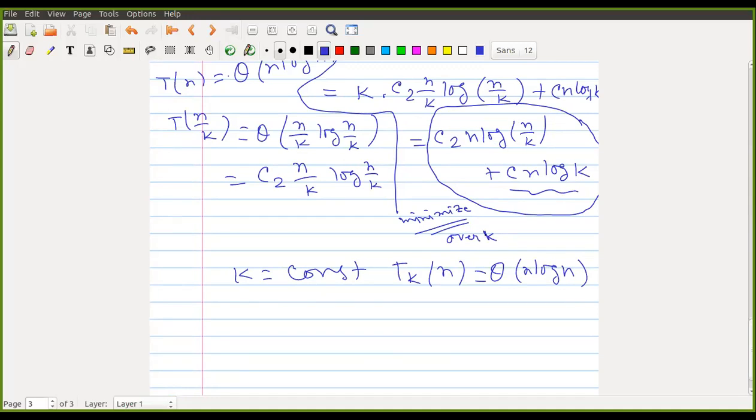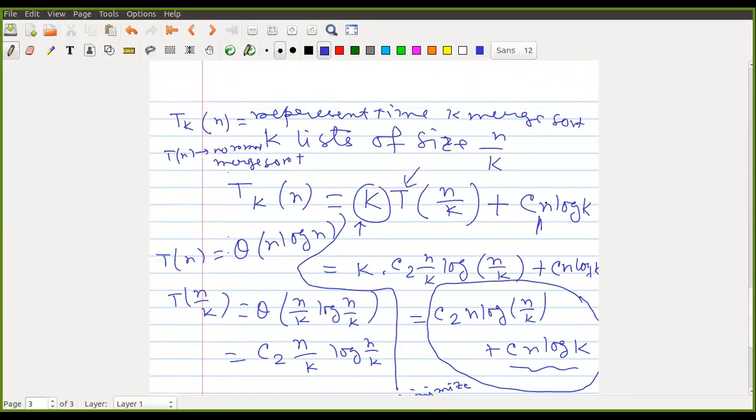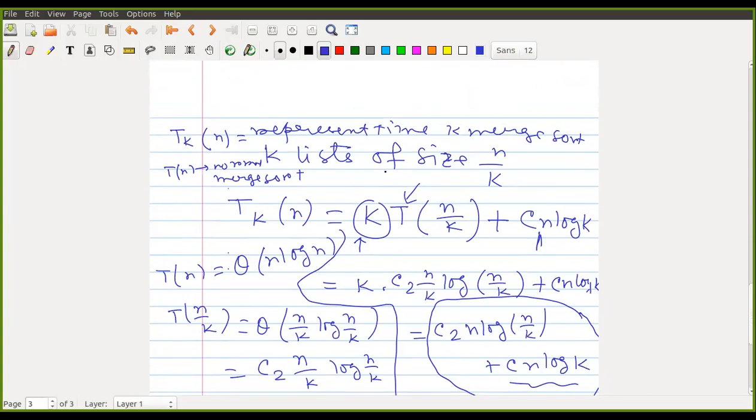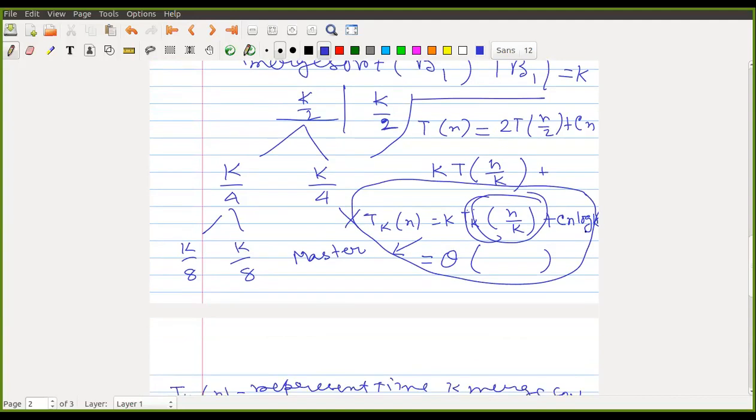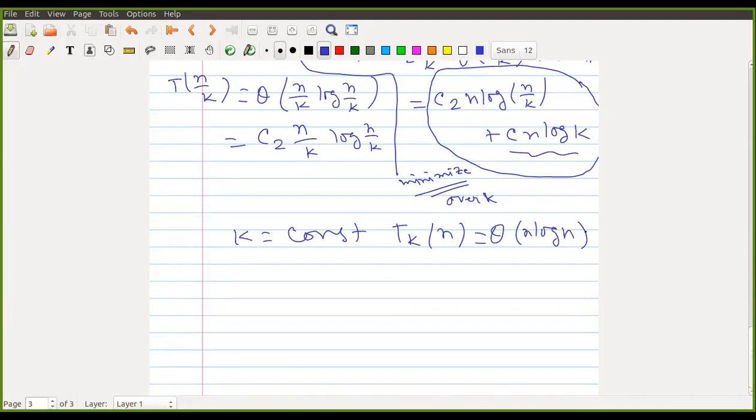Yeah, thanks for pointing out. So there are two places. One place I got mixed up about what is the size of the list and what is the number of lists, and also someone has pointed out that this is the wrong thing. This should not be the case because Tn is not the right thing, so this is not the correct thing. Thanks for pointing out. So basically, you just have to minimize over this, right? So I hope this clarifies your doubt, right? Yes.